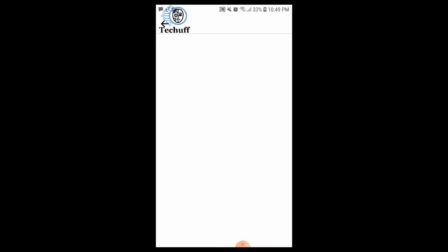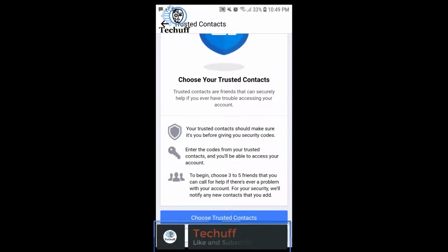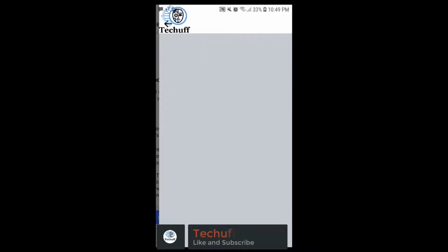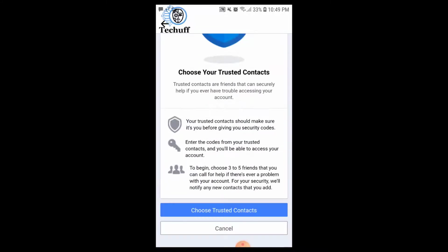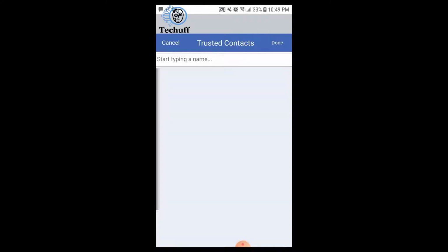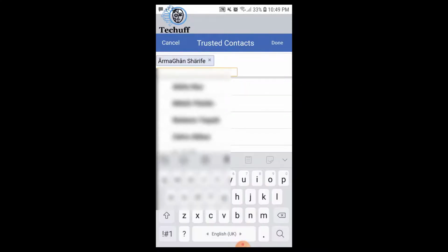This is all you have to do. The next setting is trusted contact. In this step you will have to choose 3 contacts which you can trust. It can be your close friends or family members. Now select those 3 so that if your Facebook gets locked or hacked by someone, they will get a notification. Now choose trusted contacts. Here I will choose